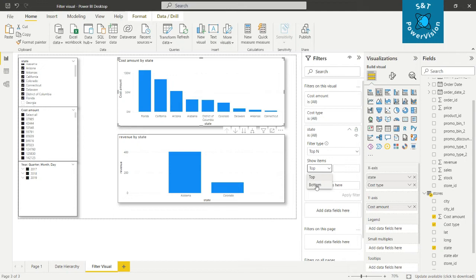Suppose the ranking is 1 to 10, and we want to know which states are in the 10th, 9th and 8th position. We can select all those things here, so top and bottom also. So here we'll select the Top N. Now